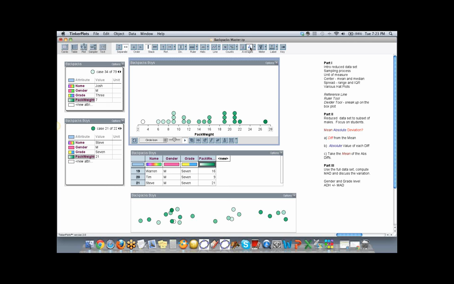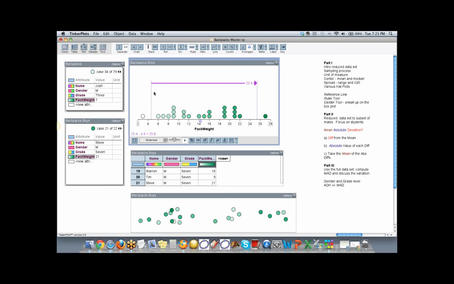So I'm going to start by finding the mean, because there's actually something hidden in this name. The deviation from what? Well, deviation means difference from the mean. So we have to find the difference from the mean. So we put the average up, and we're going to use our ruler tool again. The ruler tool can be snapped to the mean, and it can be snapped to a data point. And I think some people like to have their data points in order. If you want to do that, you can click on order here, and it's going to reorder these so they're in order.